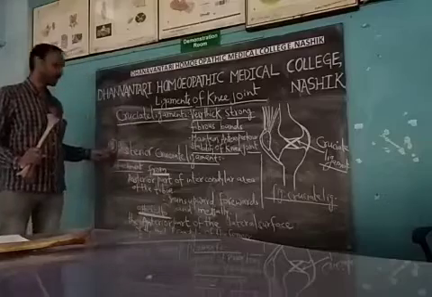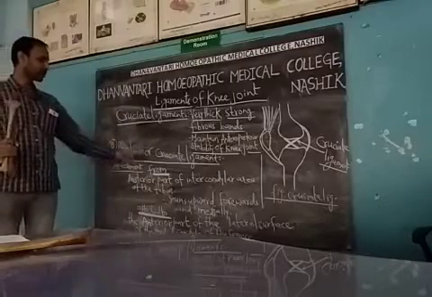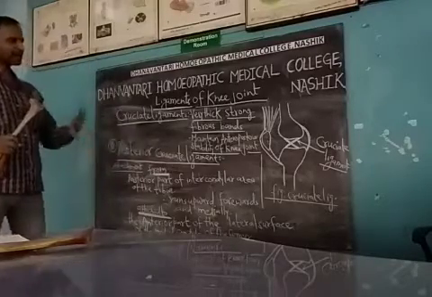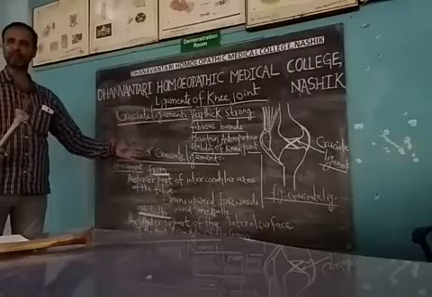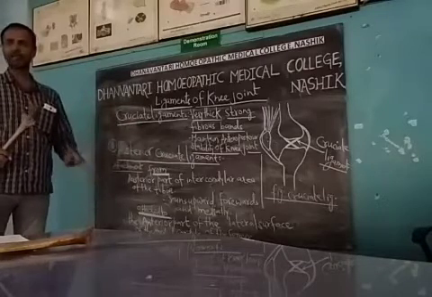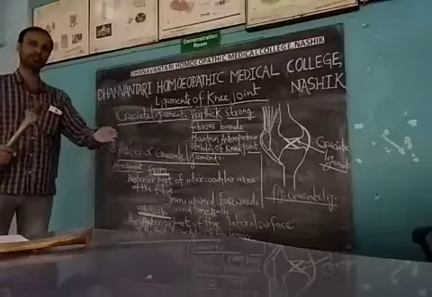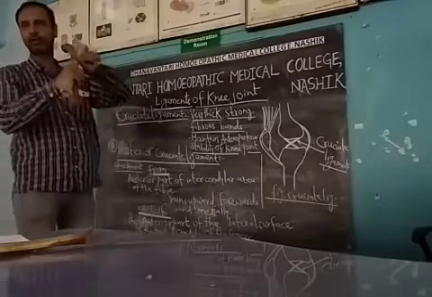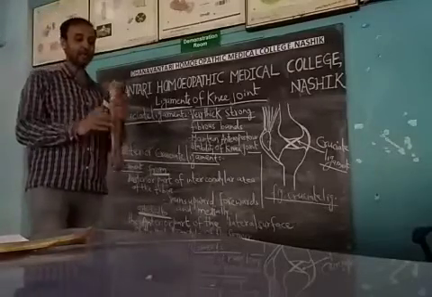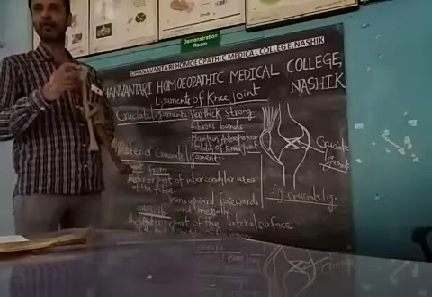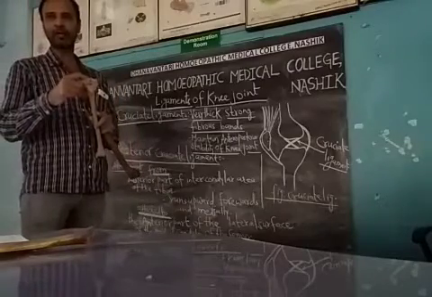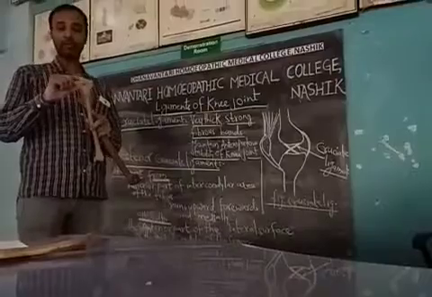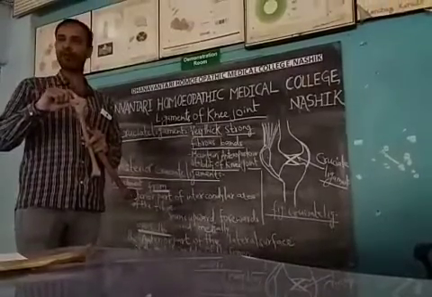Now the next ligament we are going to see is the posterior cruciate ligament. Posterior is the exact opposite of what we have mentioned in the anterior cruciate. You have to make it an opposition of it, because these are crossing. So as the anterior one was from the anterior part of the intercondylar area of the tibia, now here in the posterior, why is it called the posterior cruciate?